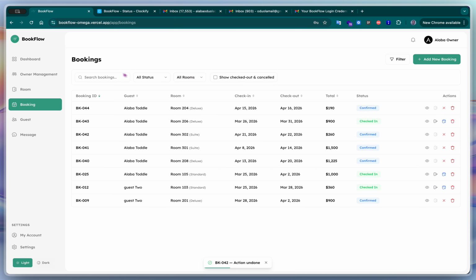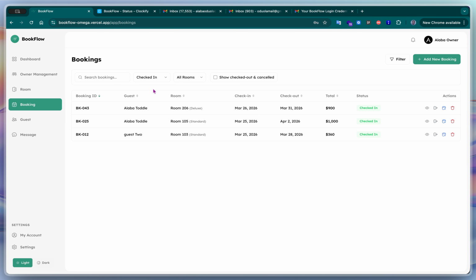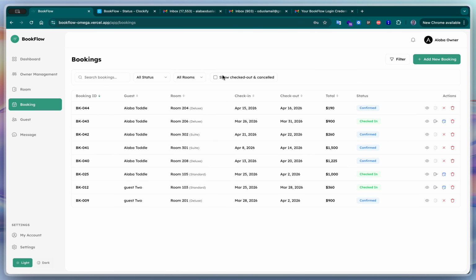which is, you get the point. I'm not going to touch that. If we open the filter, just as we have on the room page, we have filters. We can search bookings. We can filter by the status. Maybe we want to see the currently checked in bookings